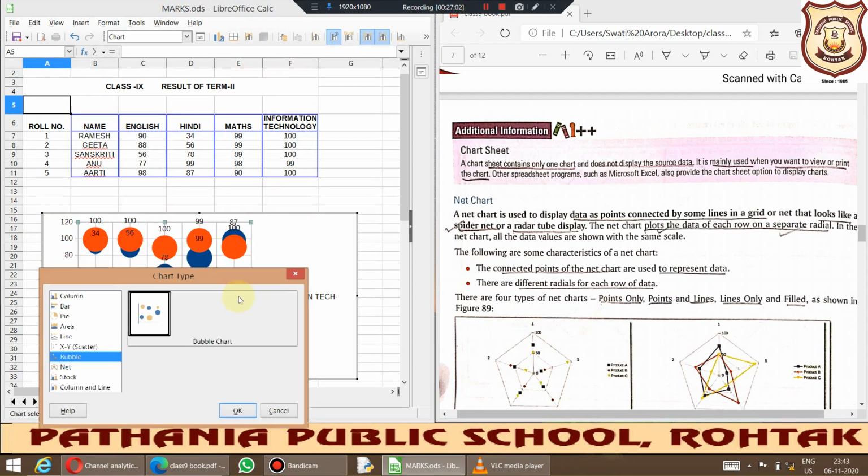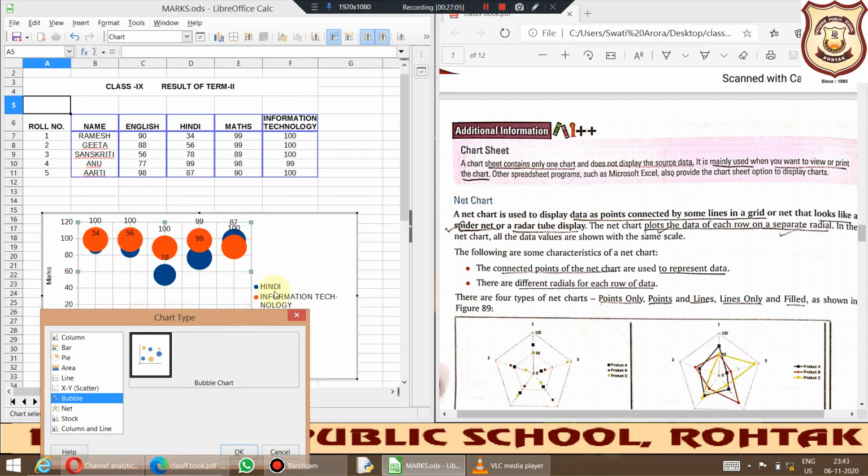One thing I want to make clear, that these charts are basically embedded, means they have been inserted inside this LibreOffice Calc. They have not been linked, they have been embedded. Beta, it is like when I am giving you a link versus when you come to me and I give you something, that means I am embedding.